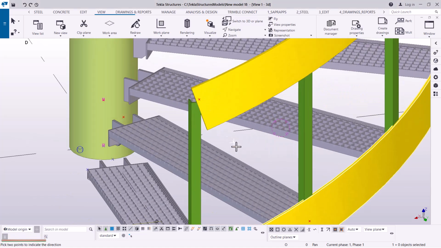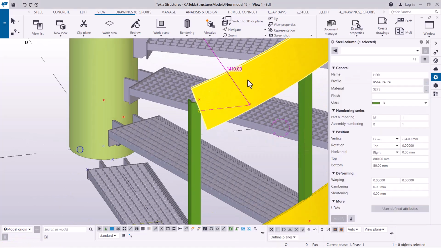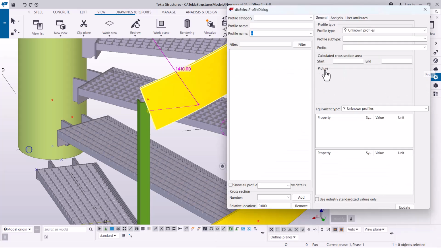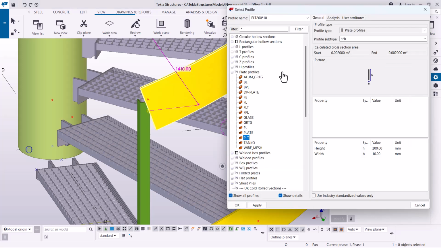Once it is there, I'm going to change this profile by double clicking on it and coming to this button here, and maybe just type rail, or just leave it as a beam. It doesn't matter. Now I'm going to click on these two dots on this button by left clicking, and this will take me straight to a profile dialog box. I'll be able to select the appropriate profile for the handrails. In this particular case, I intend to use a square